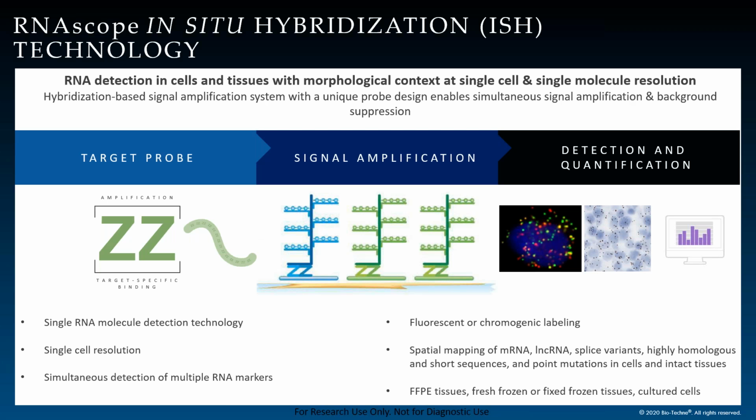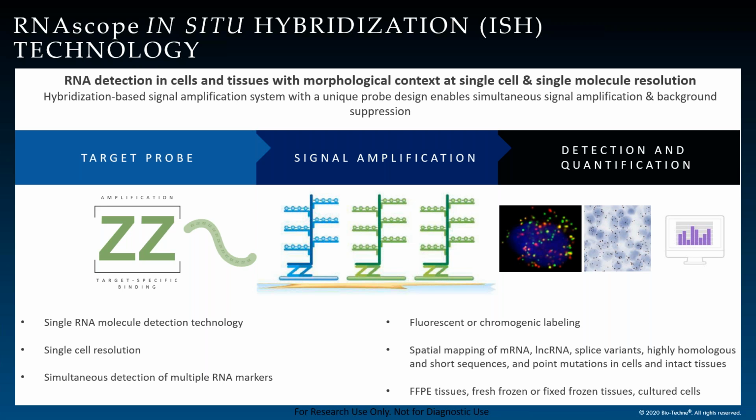To begin, ACD's core technology is the RNAscope technology. RNAscope is an ideal spatial analysis solution to interrogate complex tissues. It is a highly specific and sensitive method to detect RNA biomarkers in cells and tissues with morphological context at the single-cell resolution. The RNAscope technology consists of three parts: a unique target probe that ACD designs against your sequence of interest, a signal amplification system that generates a high signal-to-noise ratio, and lastly, visualization of single RNA molecules as